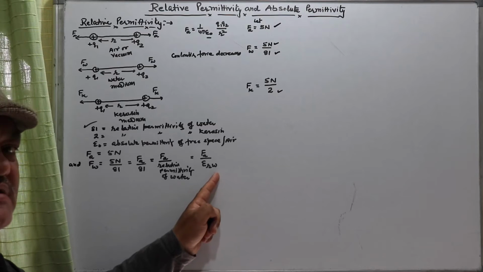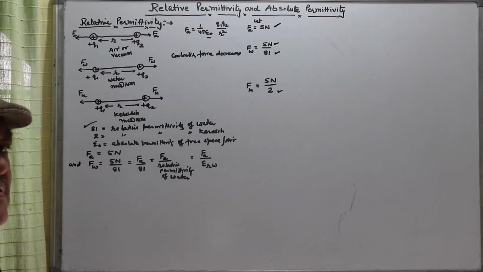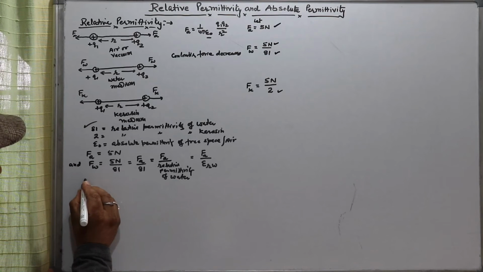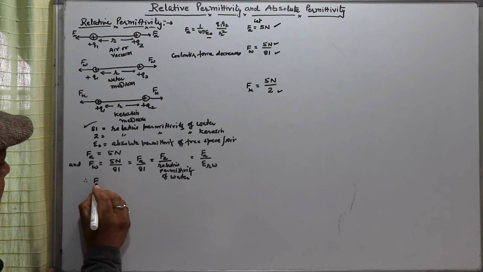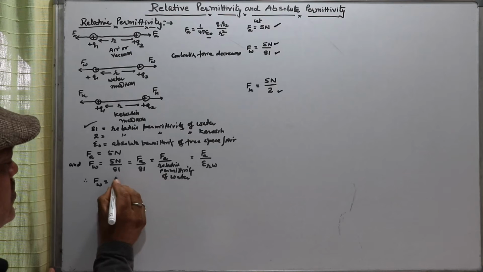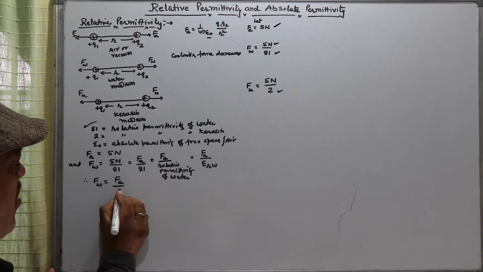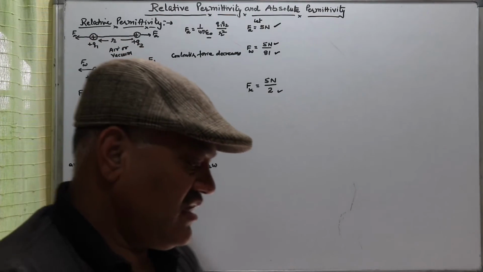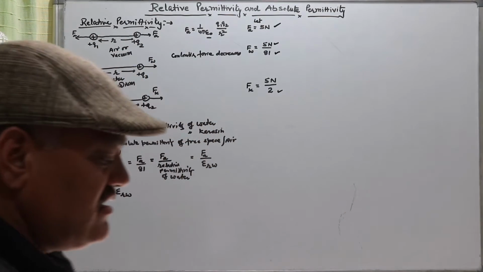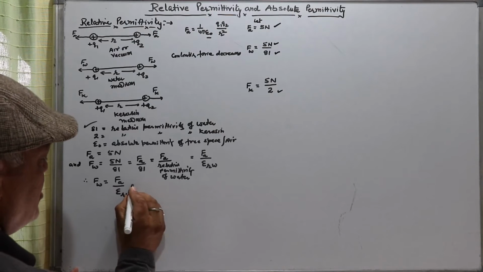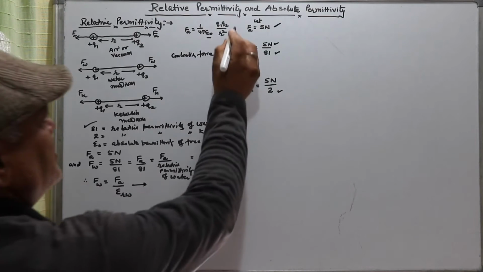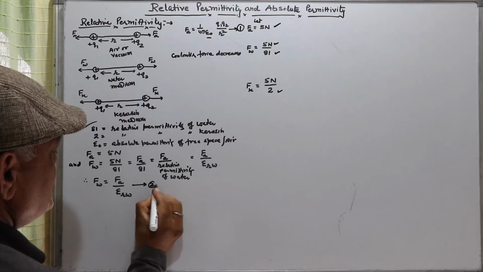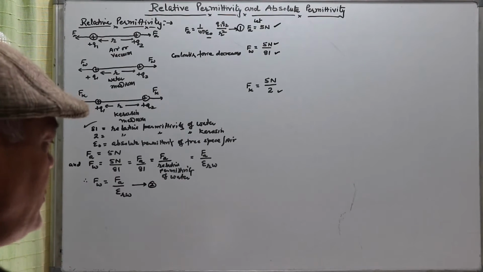Epsilon RW means relative permittivity of water. ठीक है, तो यहां से हमारे पास आ जाएगा therefore Fw is equal to Fa upon epsilon RW. Let us consider this is equation number 1 and this is equation number 2, and from here we can write